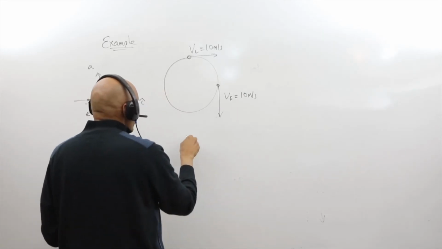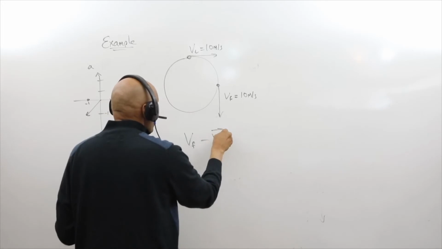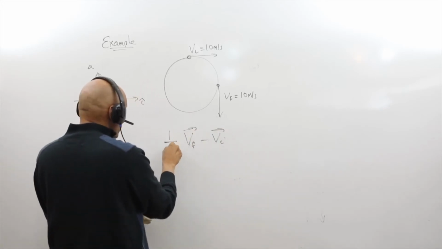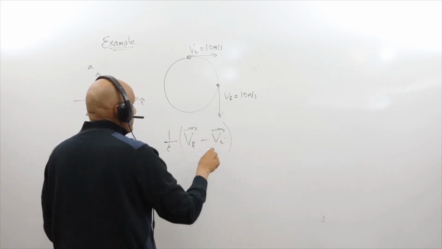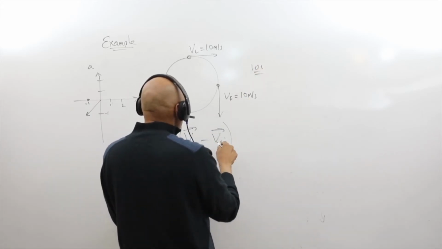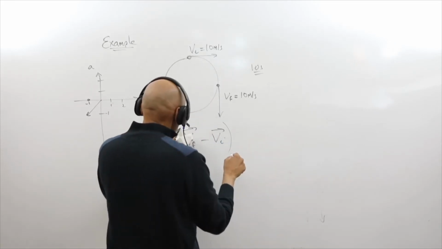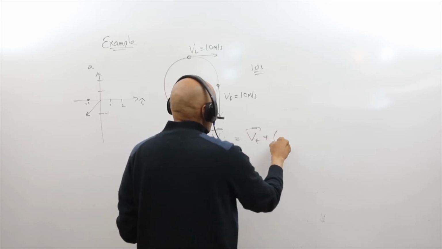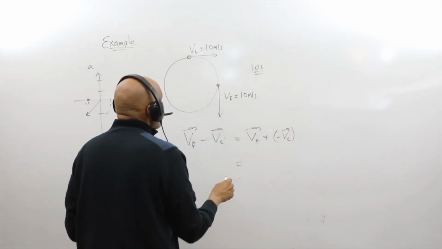So here is V final minus V initial, and I won't multiply by 10, it's 1 over time, right, which is 1 over 10 seconds. So V final, what is V final? Let me just do this, V final minus V initial. That is V final plus the negative of V initial, which is graphically written as, so we have to do